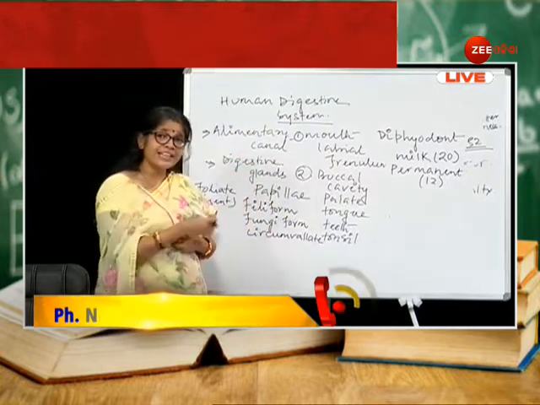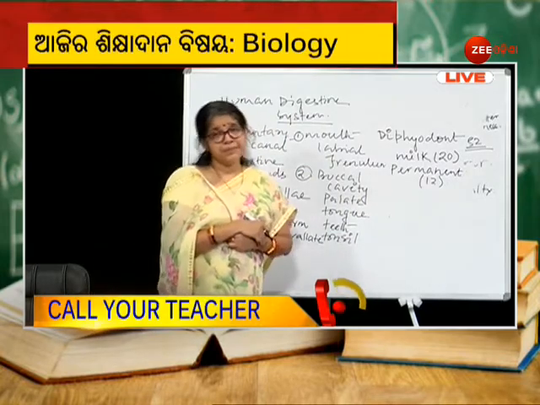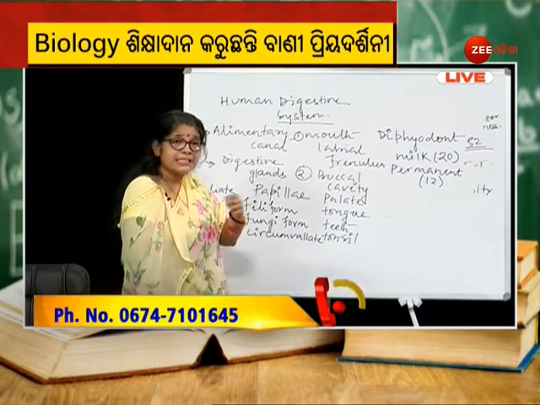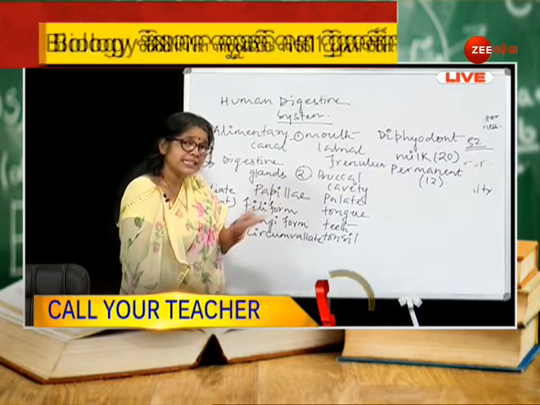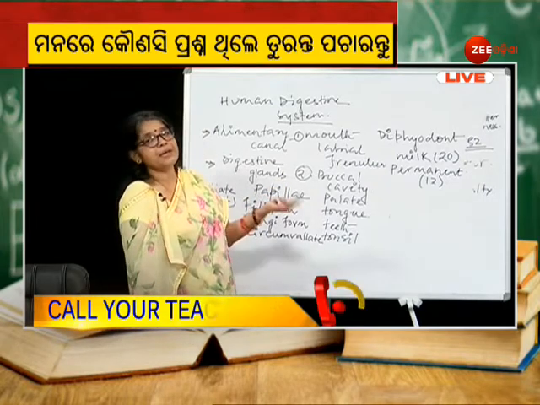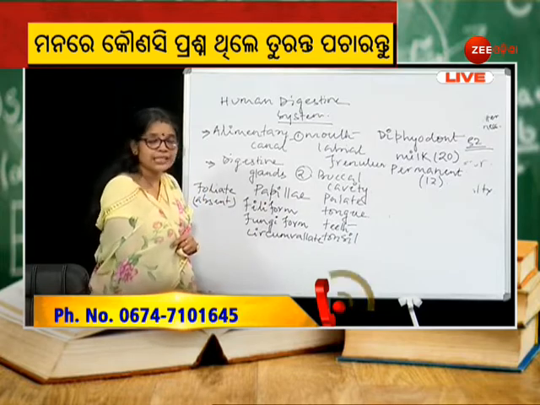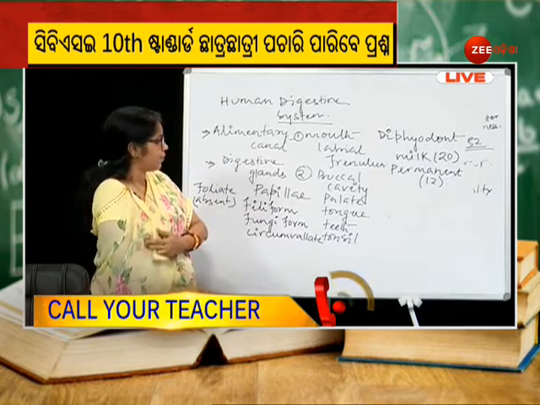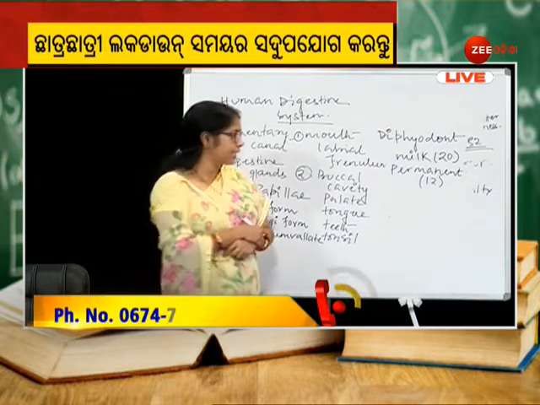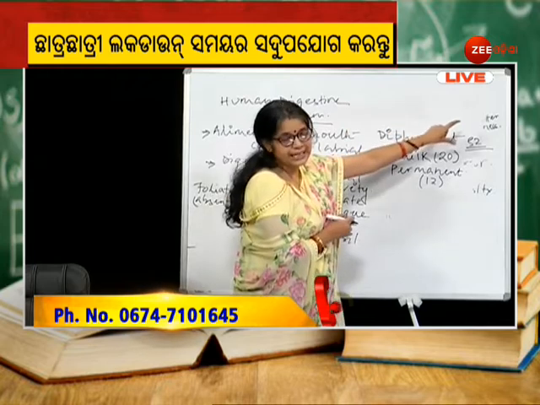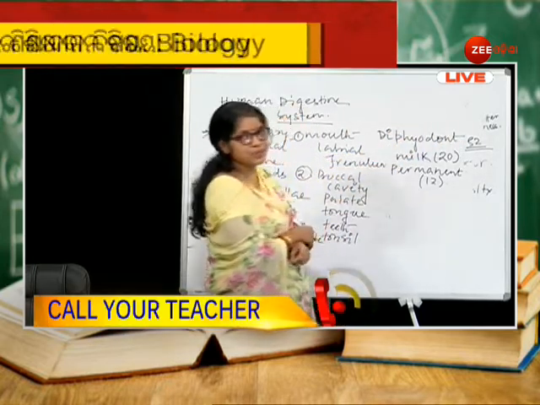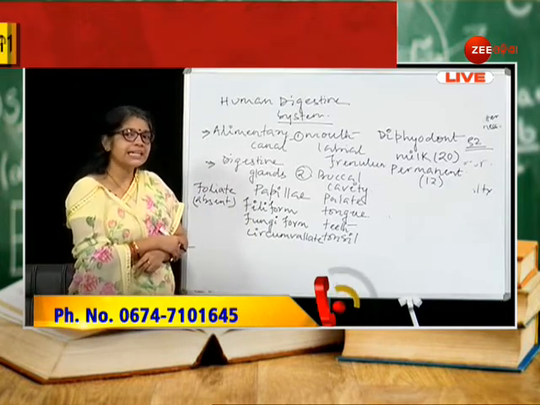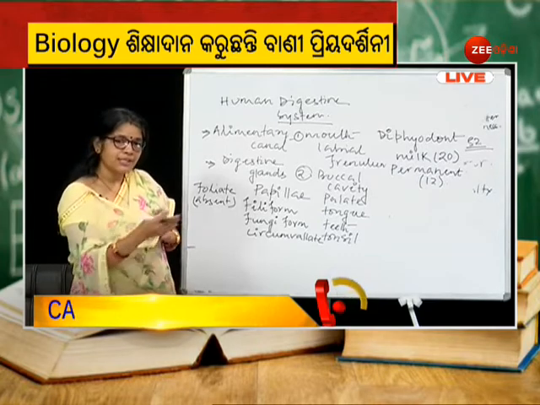So why are some of the teeth said to be milk teeth? Because at the age of 6 years, all the milk teeth start shedding, and gradually they shed and are then replaced by new teeth. So that is known as temporary teeth, milk teeth or deciduous teeth. The number of teeth is 32 in an adult, but in children the number is less, which we can calculate through the dental formula. That I will discuss later.